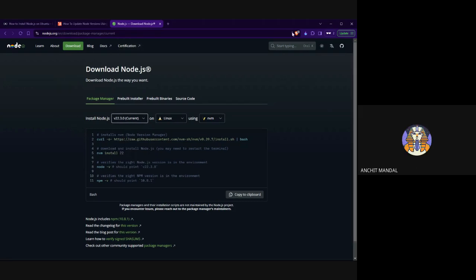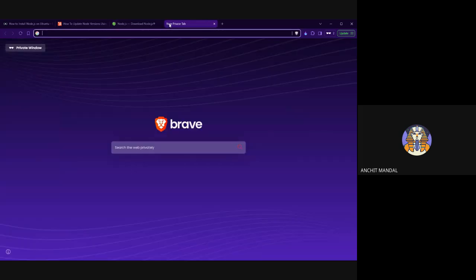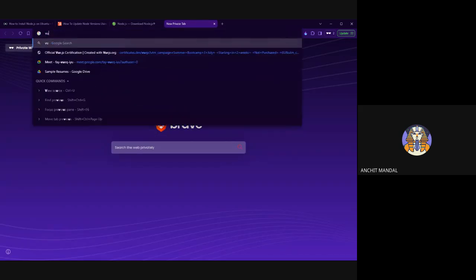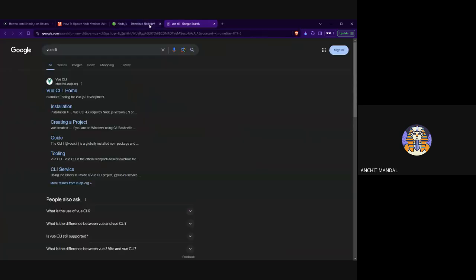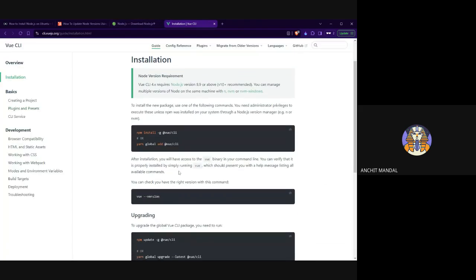Now that we have that, what you can do is install Vue CLI. You can come to the official guide and follow this command: npm install -g @vue/cli. What it will do is install Vue CLI onto your system. For example,